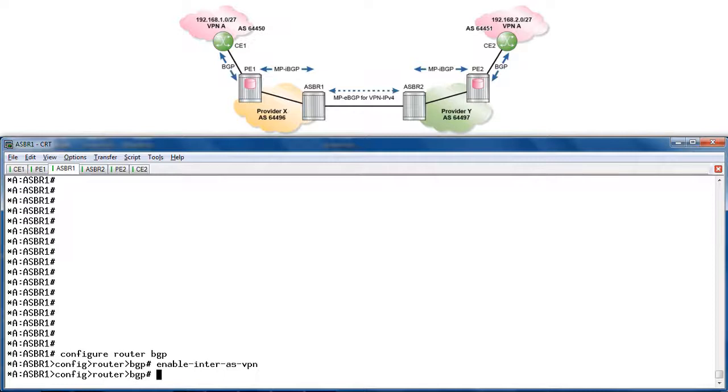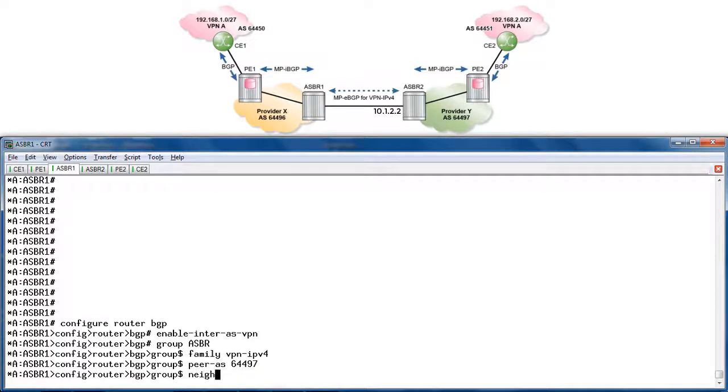Now to configure the MP eBGP session to ASBR2. Group, and we'll call this ASBR, family VPN IPv4, Inter-AS, it's 64497, neighbor 10.1.2.2,